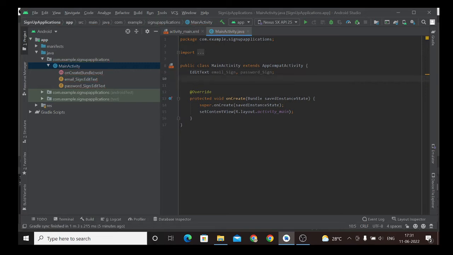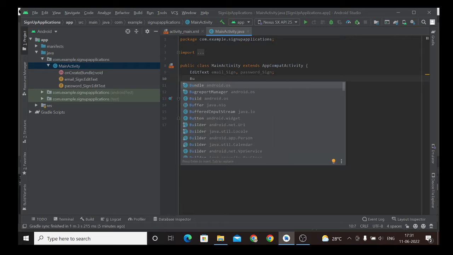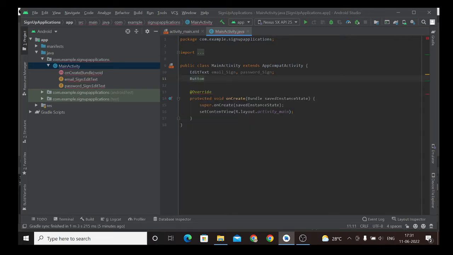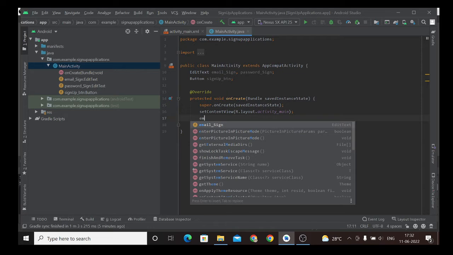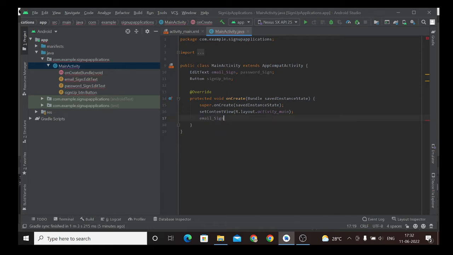After that, I will be creating a Button variable, and here I will write the button variable as sign up underscore button. So it is case sensitive, just have a look at that. After that, these are the default three lines which I have already explained, what each and every line does. Now initialization of the email sign. For that, equals typecast EditText findViewById R dot id dot